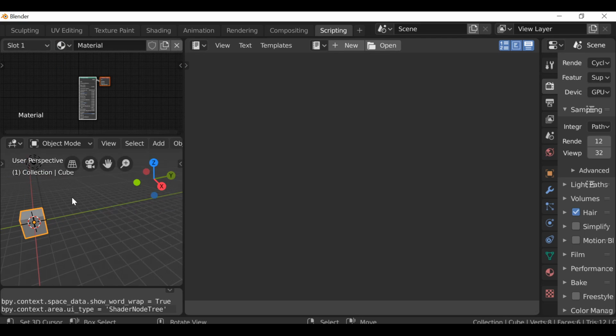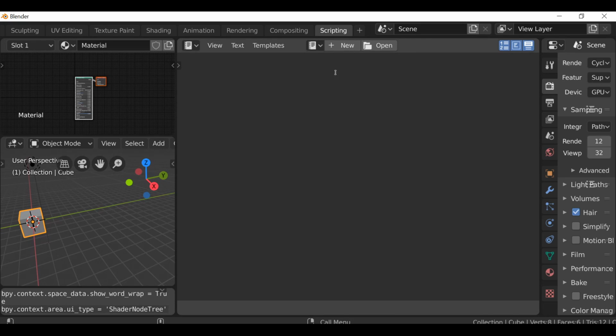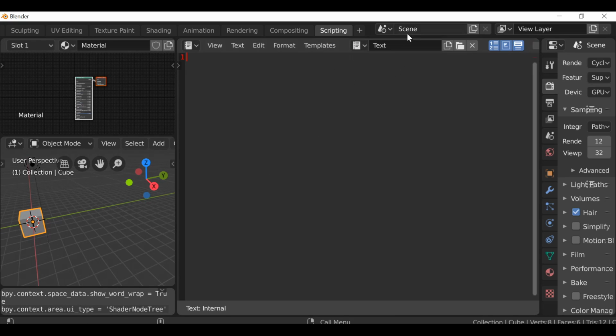So with that in mind, we need to create a panel for the 3D view, then also create some custom operators so we can create the nodes that we need. So let's just jump right into it since I've taken far too long. So let's go ahead and click new. And then we want to name this script. So I'm going to name this the shader